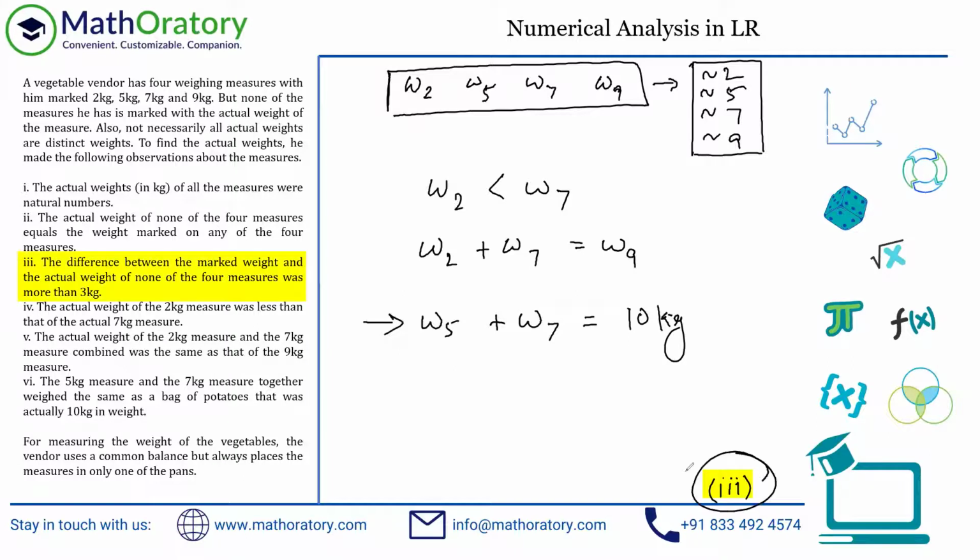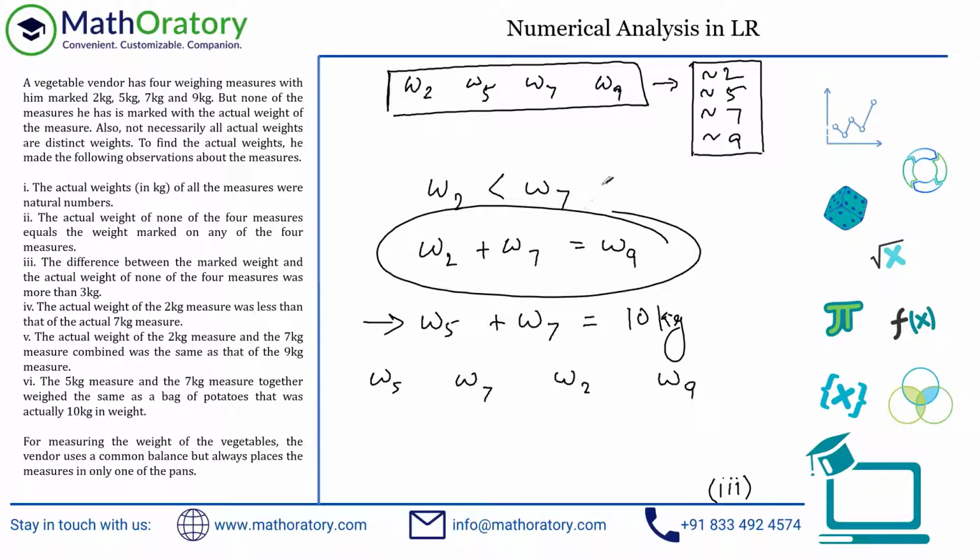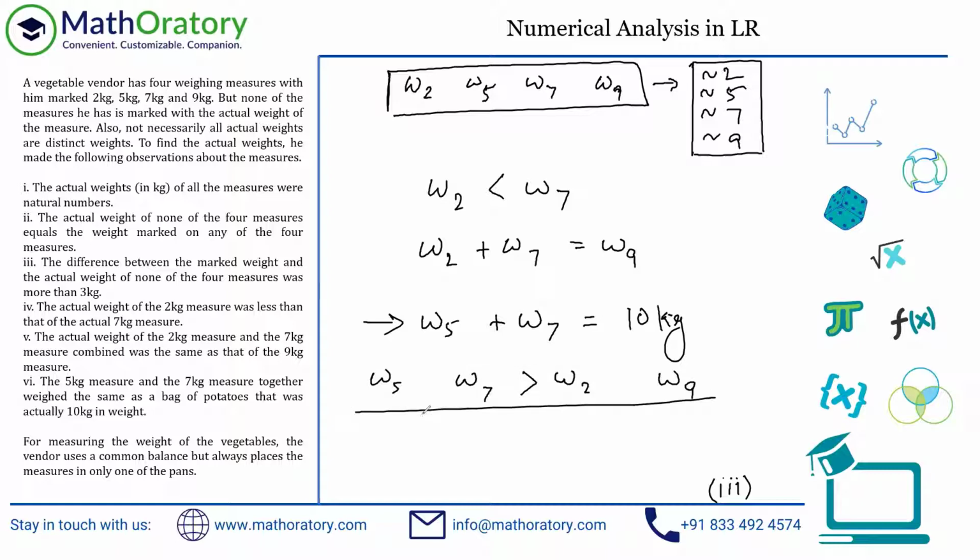Okay, and point number 3, I hope you remember, the difference between the measure and the actual weight can never exceed 3 kilos. So that is why I'm starting with this, because there are a lot fewer cases to deal with. Let's figure it out. So what I'm going to do is take cases on W5 and W7 first. And on the basis of that, I'll try to allocate W2 and W9 on the basis of this information. Yes, I will keep this in mind as well. Whatever is W7, in that case, W2 has to be less than that. So let me put it in this way as well, so later on I know how to deal with it. So let's take the cases here.